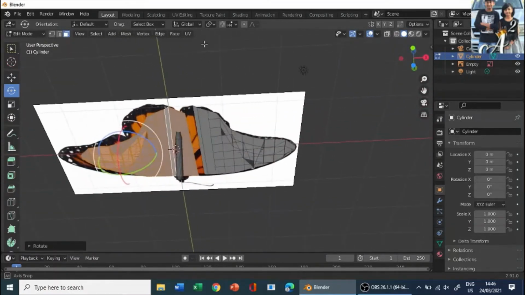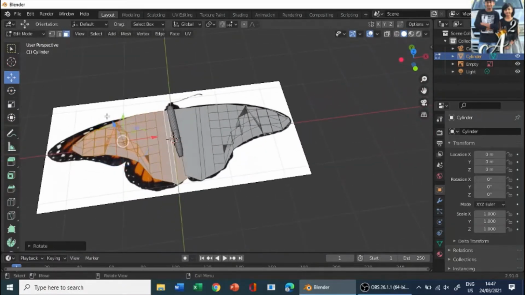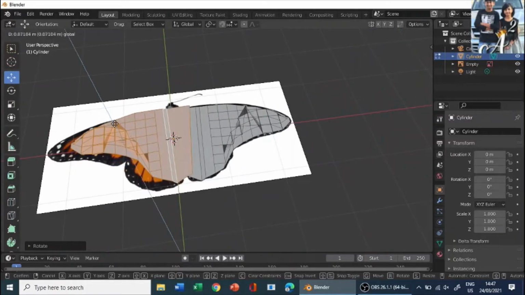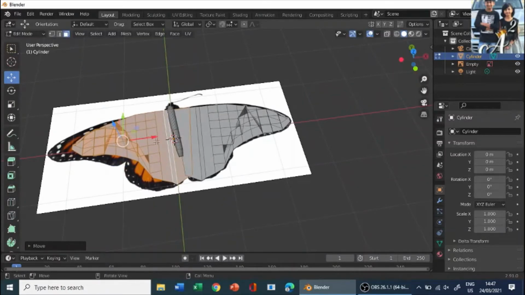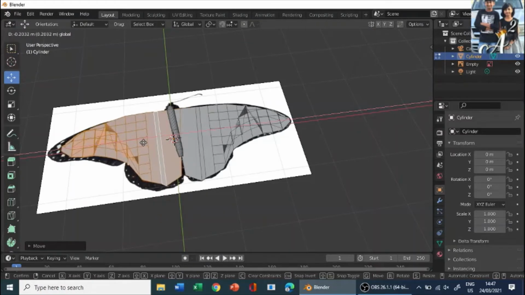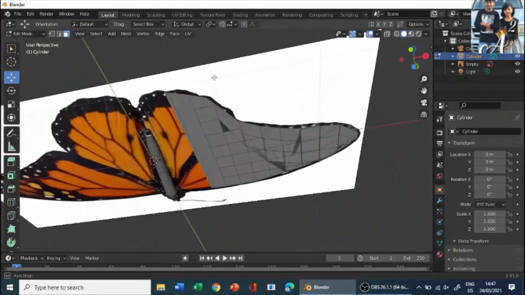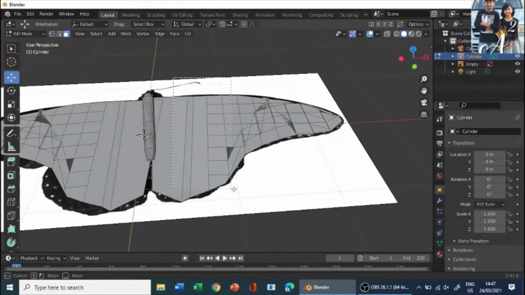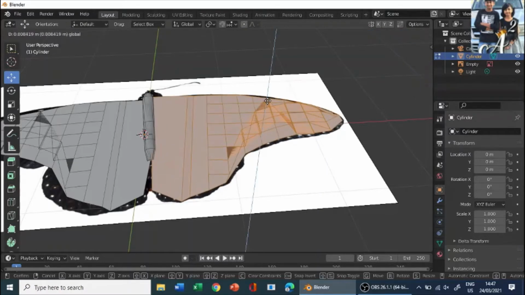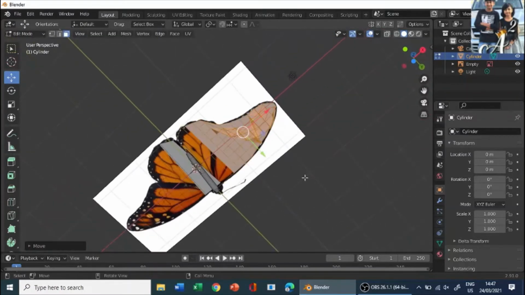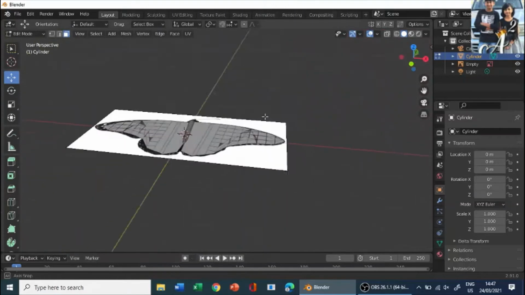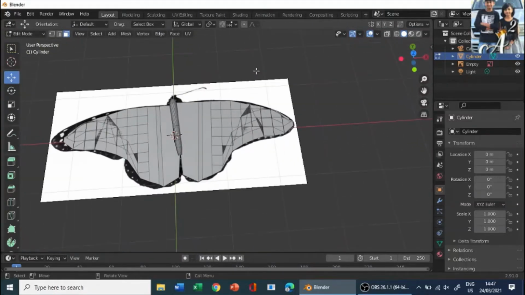Okay, so here we have a problem, so let's lift it up a bit. Yep, and let's move it to the side over here and bring it down. Okay, so now we have our blocky butterfly, and that's not a problem. We don't need a high quality butterfly, let's just take a normal butterfly mesh. So that's what we aim for.